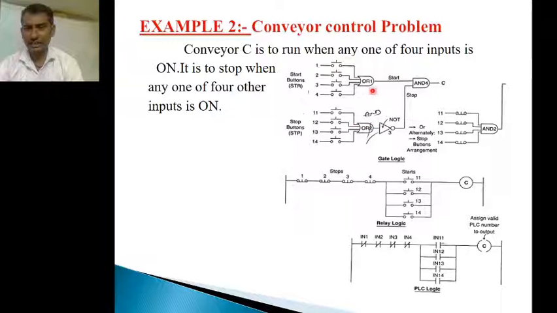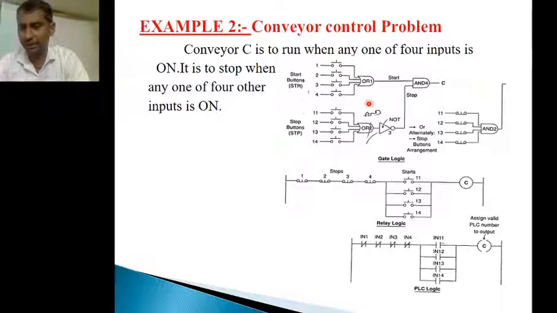So this one is a NOR gate. The first condition is for the OR gate, and the second condition is for the NOR gate. This NOR gate can be represented as (a + b + c) whole bar equals a bar into b bar into c bar, that means an inverted-input AND gate. This is the Boolean property, De Morgan's laws. What is De Morgan's law? (A + b + c) whole bar equals a bar into b bar into c bar. So for the NOR gate here, (I1 + I2 + I3 + I4) whole bar equals I1 bar into I2 bar into I3 bar into I4 bar.